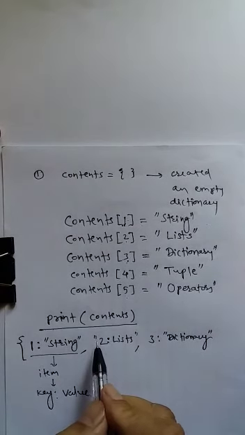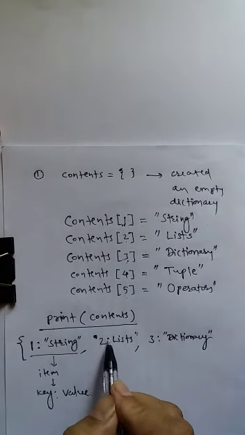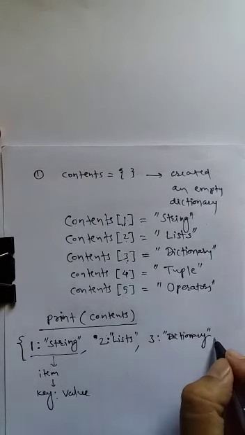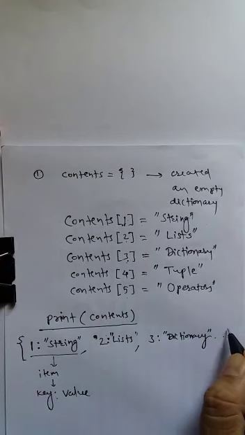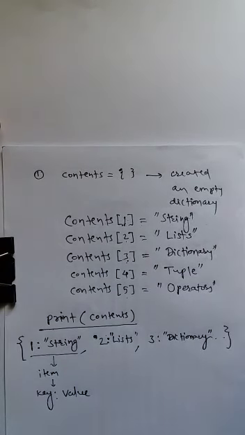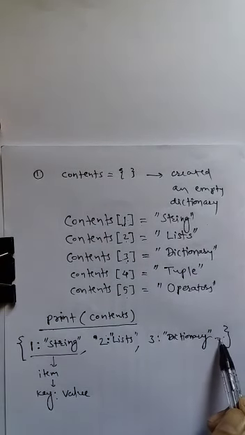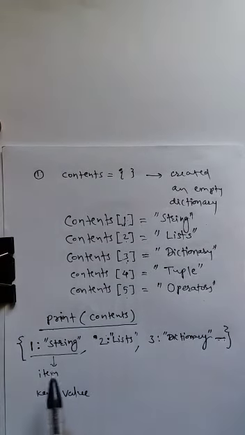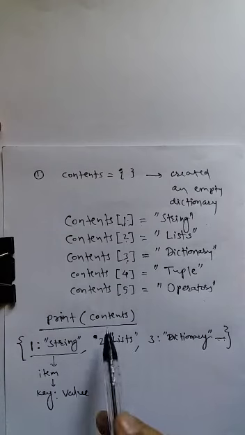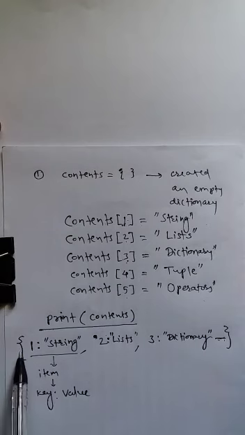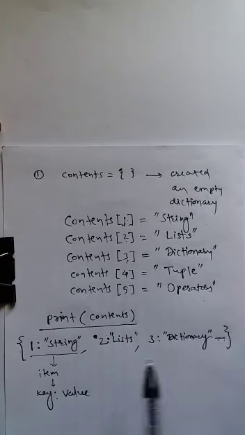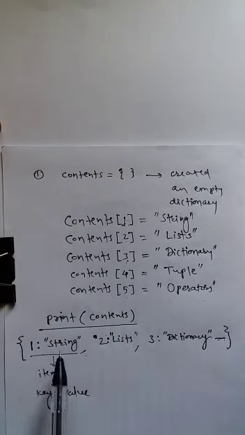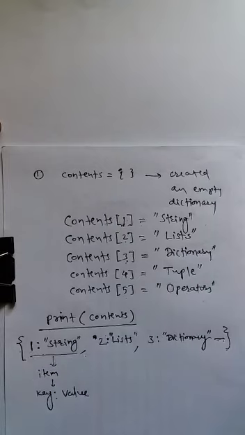Here you have 2 outside, then a colon, and then the list enclosed in a string. Then we have the fourth and fifth values, and it ends there. I have not written all of them only due to the space. So the fourth and fifth, that is tuple and operators, will come. In this way the dictionary will be organized in curly braces. Each item is separated by a comma and each item is in the form of a key value pair.